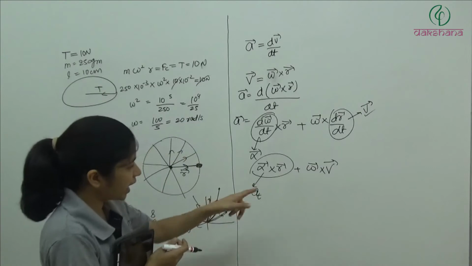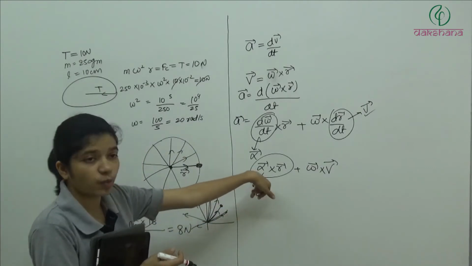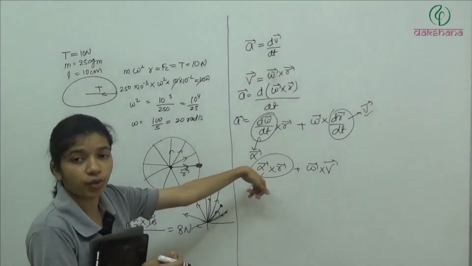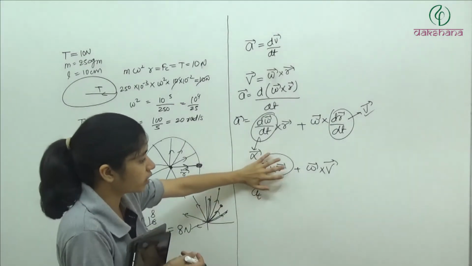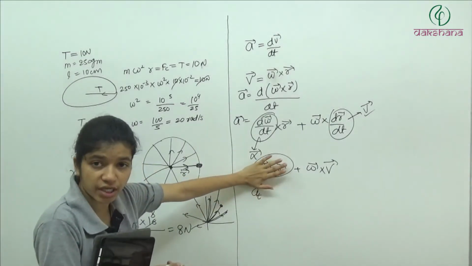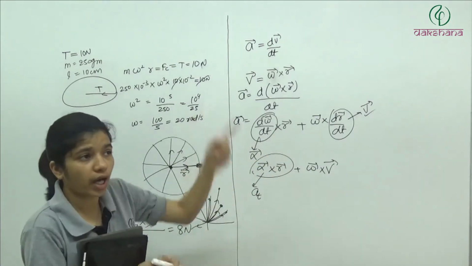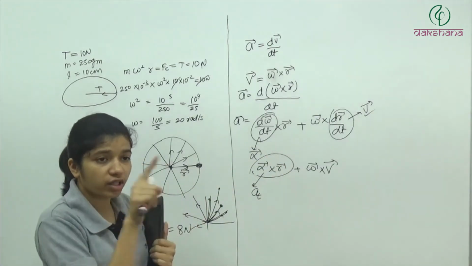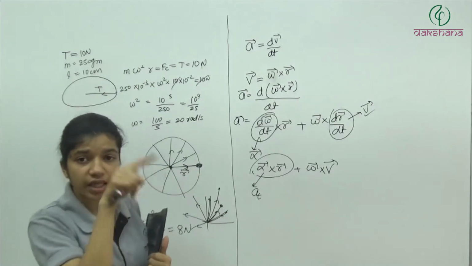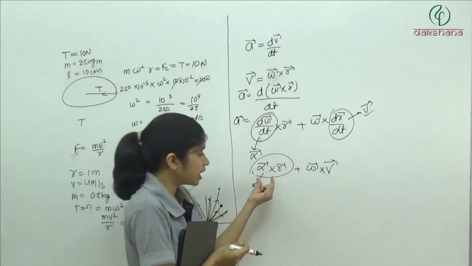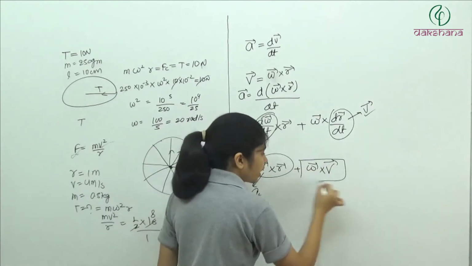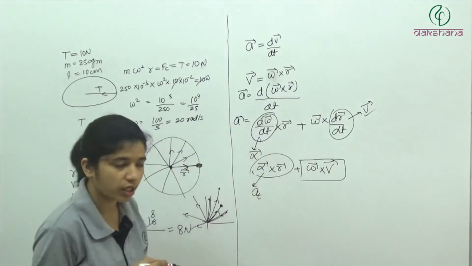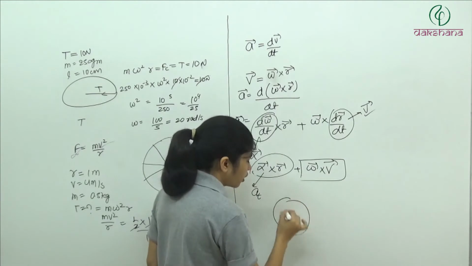This is a tangential. This alpha is responsible for changing the magnitude of omega. And this acceleration is tangential acceleration. It is increasing the magnitude of omega. The particle is still moving in the same circle, but slowly the omega is increasing. Clear? So this is tangential acceleration because it is increasing the magnitude. And this one is centripetal acceleration. Okay? And if we look at the direction, what will come?